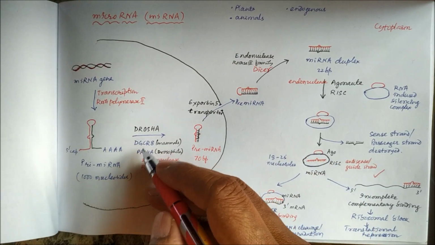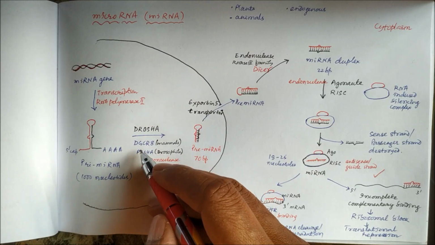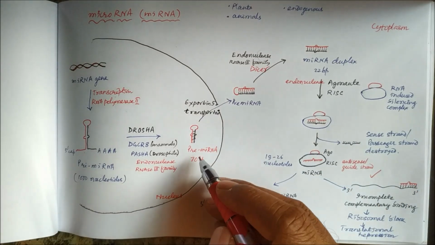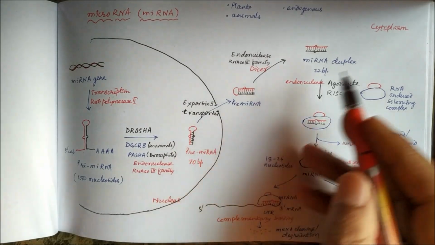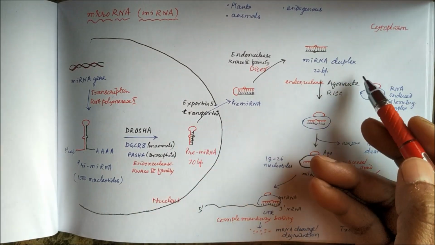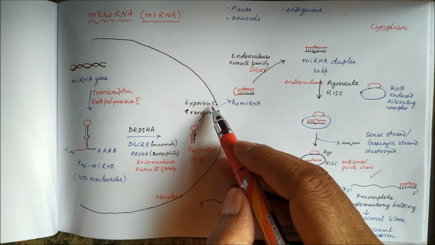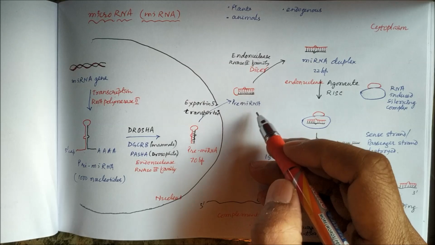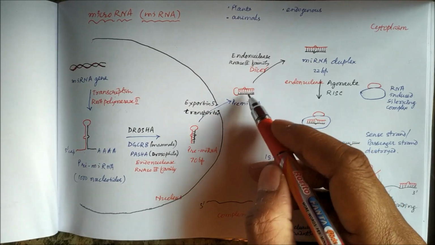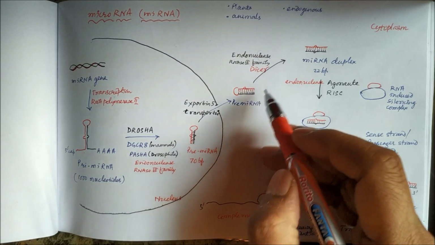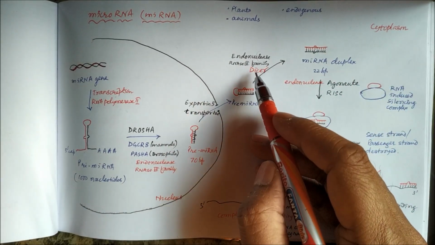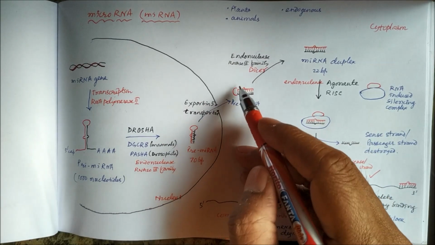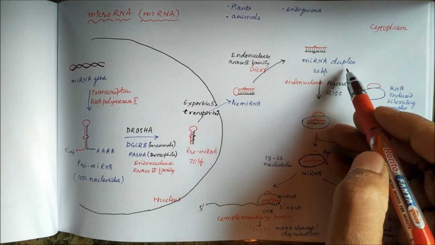And in mammals, it combines with another protein like DGCR8. In Drosophila, it is Pasha. And this pre-microRNA now gets transported from the nucleus into the cytoplasm by a transporter called exportin 5 through the nuclear pores. This pre-microRNA is like a hairpin structure with a loop, and in the cytoplasm there is another endonuclease of the RNase III family, called Dicer, which cuts this loop,